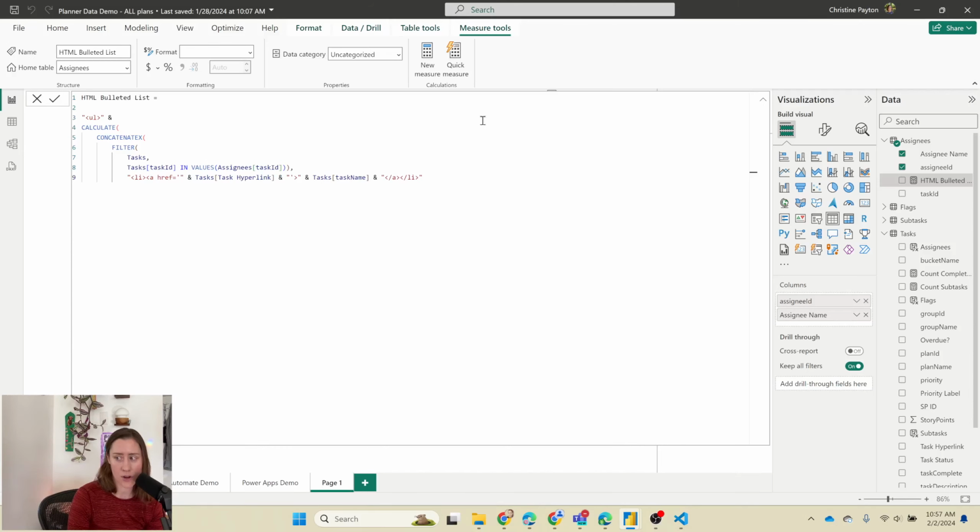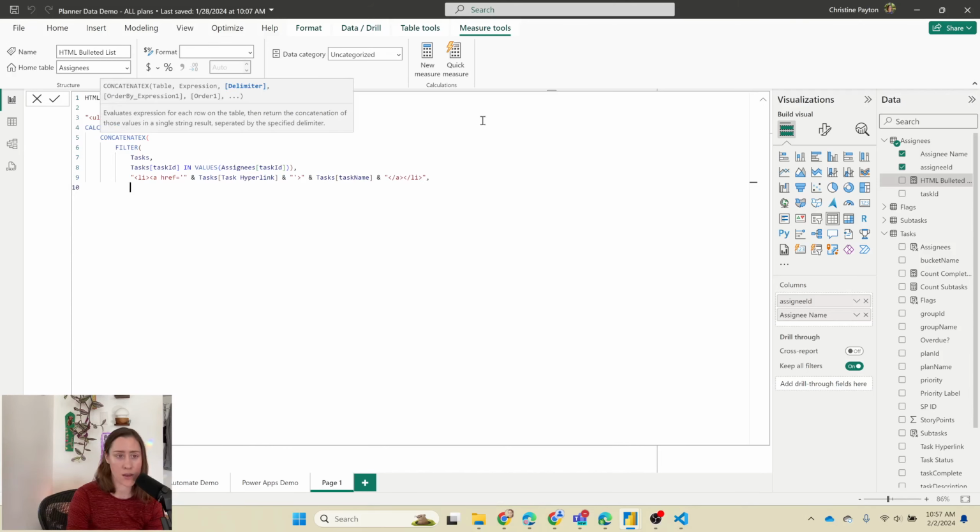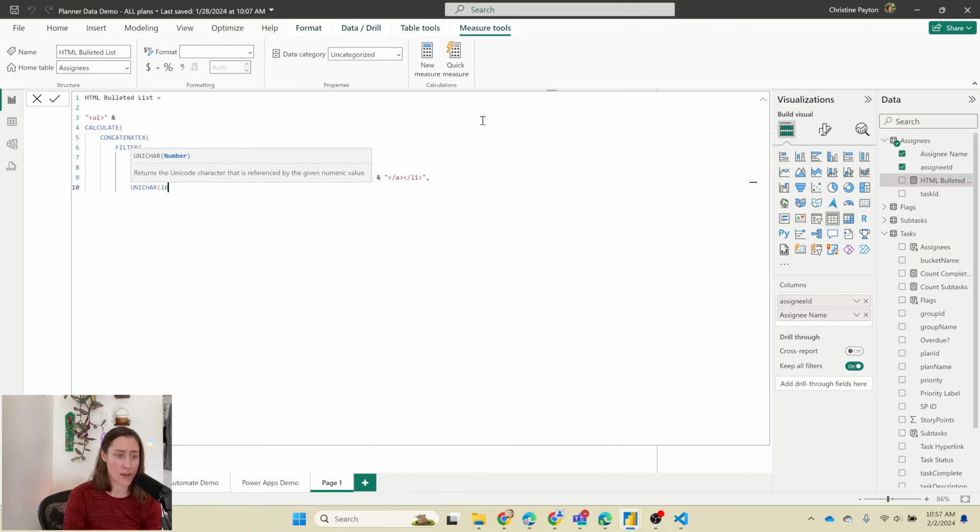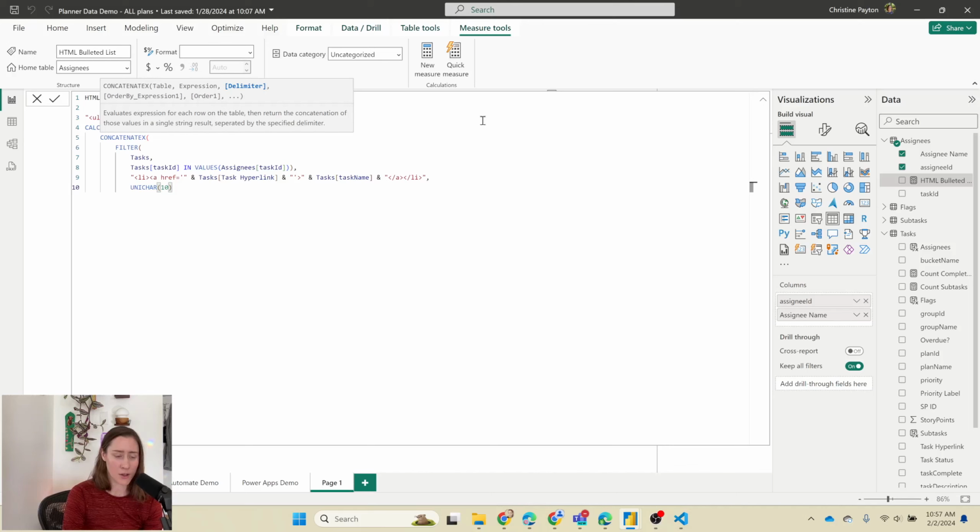All right, so that's it for our expression. Now we need to do a comma, and it wants a delimiter. Just to make this a little bit more readable, you could put in a line break here. That would be UNICHAR(10), but really you don't need a delimiter per se. And then another comma,